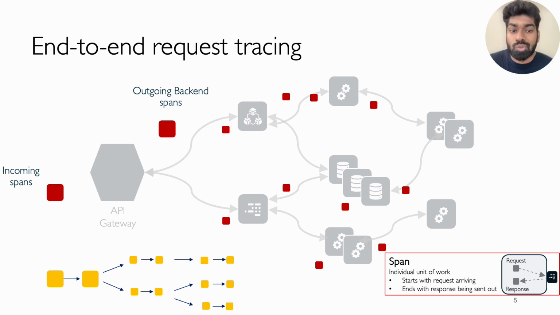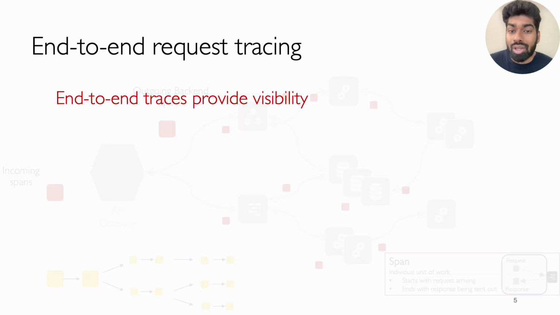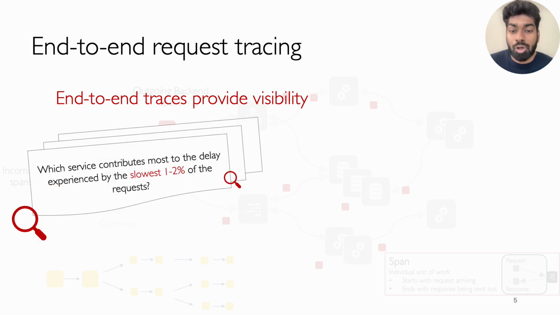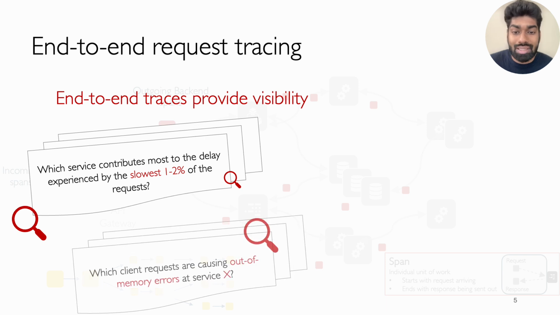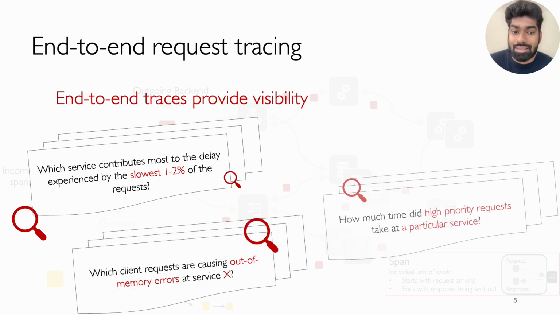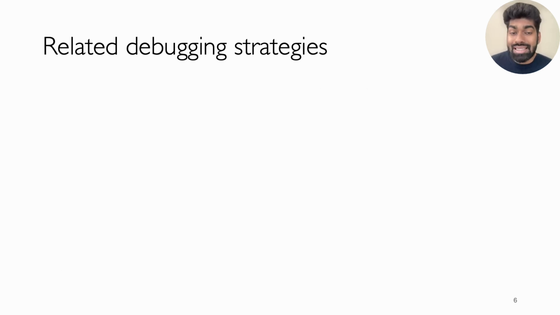Such traces provide us with a lot of visibility, which can be quite useful as it can answer many interesting queries like which service contributes most to the delay experienced by the slowest 1 to 2% of the requests, or which client requests are causing out-of-memory errors at service X, or how much time did high priority requests take at a particular service. By the way, end-to-end tracing is only one approach and there are other related debugging strategies in